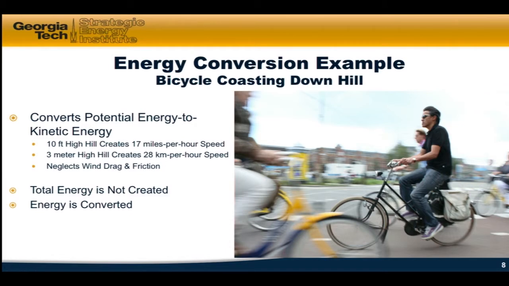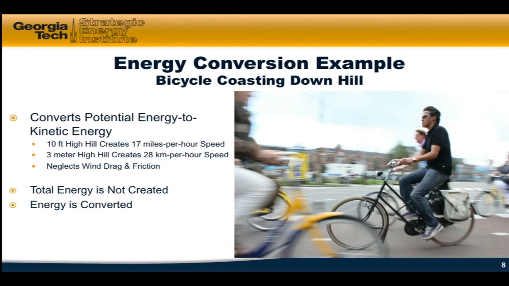Taking an example, I mentioned the bicycle coasting down a hill, that converts the potential energy to kinetic energy, and I just put some numbers on here to show. You don't need to know how to make the calculation, though some of you probably do. But just as an example, if you coast down a hill that's 10 foot high and you have no wind drag or wheel friction, bearing friction and rolling friction of the tire on the surface, then the bicycle would accelerate to 17 miles per hour. And that would be true for a car as well as for a bicycle. It's irrelevant of the mass.